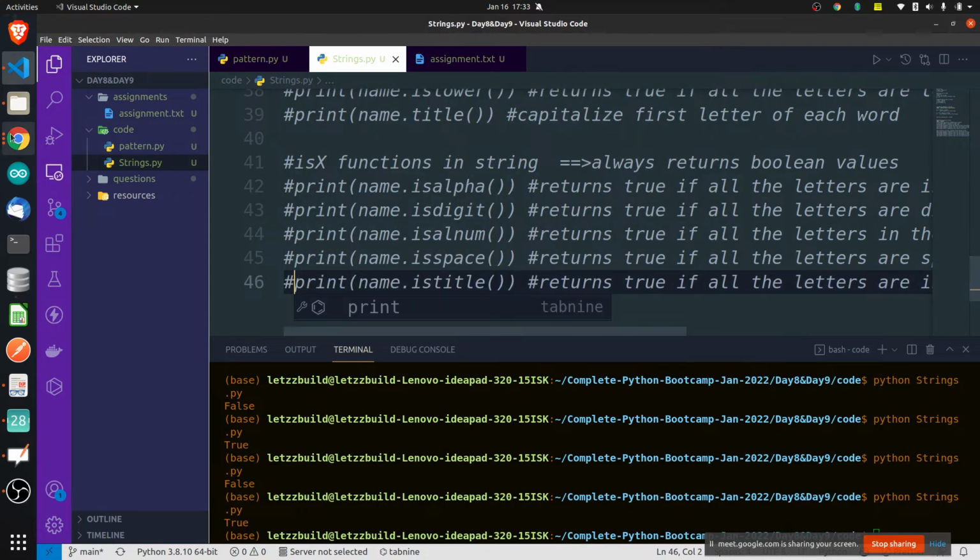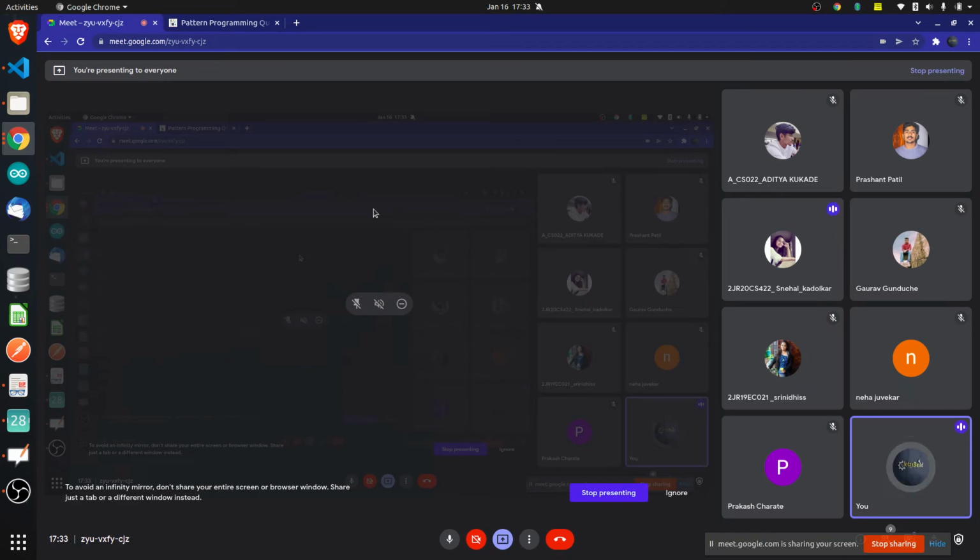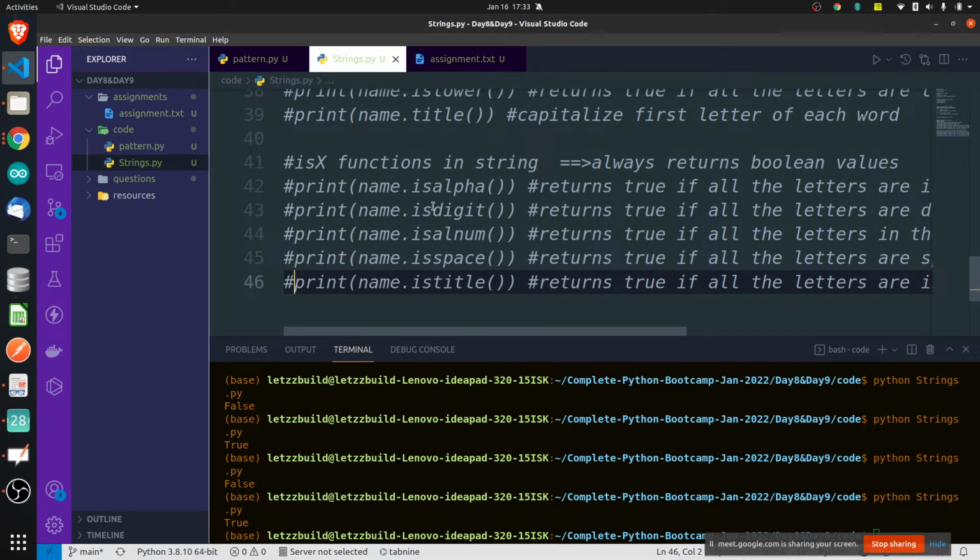Yes. There is no question of any difficulty in this, because we are just returning true or false, true or false, true or false. What are these all? These all are inbuilt functions which are going to help you write programs faster. Instead of you manually writing a program to check whether a string is title or not, whether a string contains digits or not, whether a string contains alphabets or not, if you want to write your own program for this, it will take you much longer. You will have to write lots of logic. Instead of that, I am telling you to use these functions that are available. It will be way easier for you. In just one line you will be able to do it.